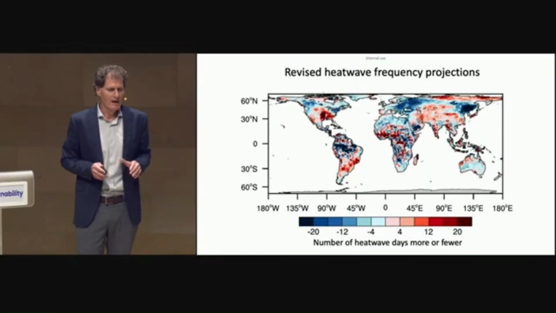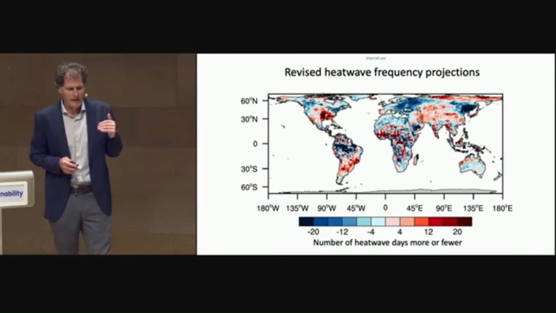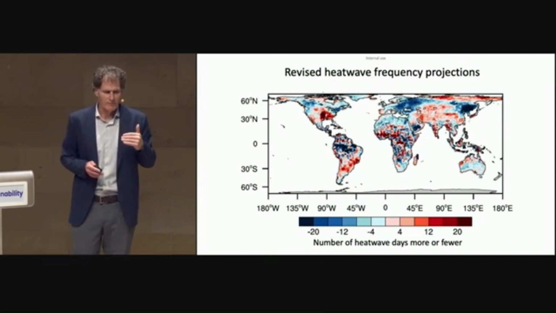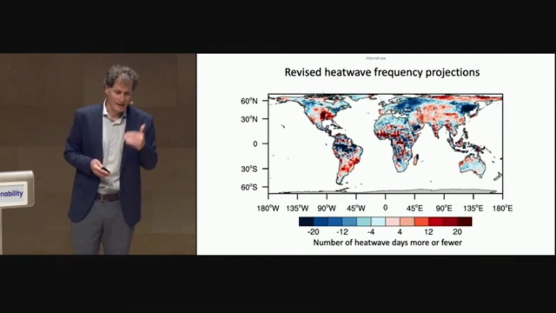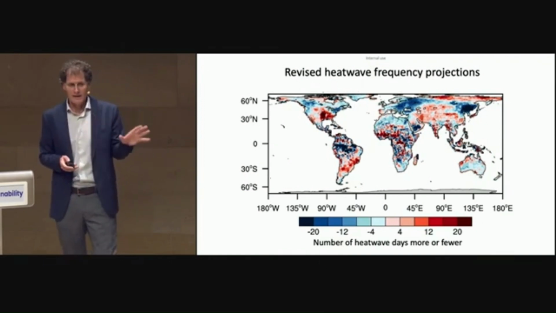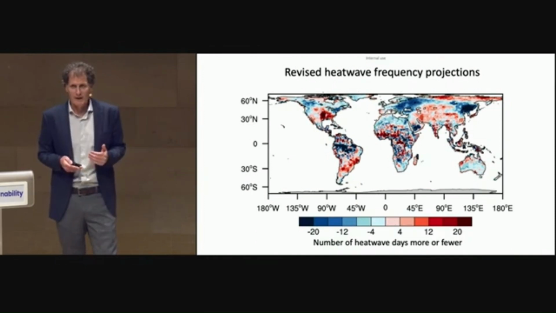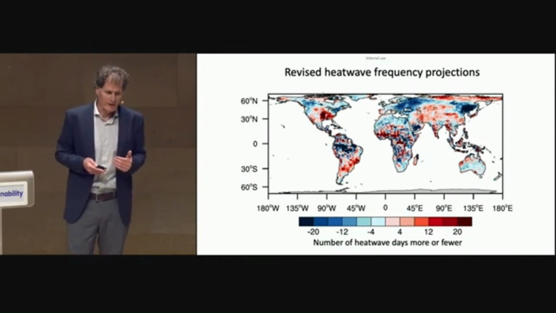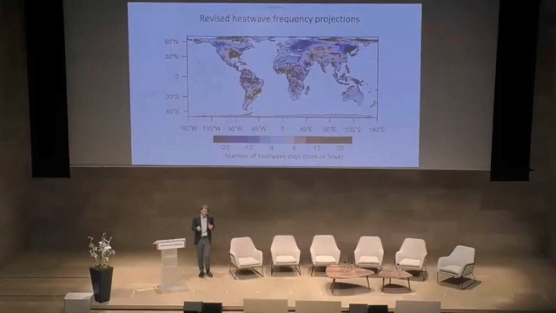And for example, this slide shows when using that new rainfall-based method, it shows that there are some regions where there's improvement, where there's less heat wave days. That's the areas in blue, and there's some areas where heat waves are going to be more intense or longer. In this case, they're going to be several weeks longer, several weeks more days of the year where there will be heat waves. And we're talking about, with heat waves, these are lethal events. We're talking about the difference between saving lives or losing lives.